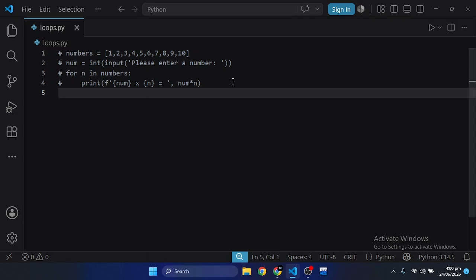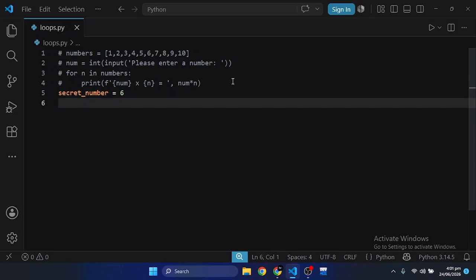So if I have a number like, so let's make a number guessing game, and we will practice while loop with that. So if I have n secret number which is, let's just say, 6, and we take an input from the user,